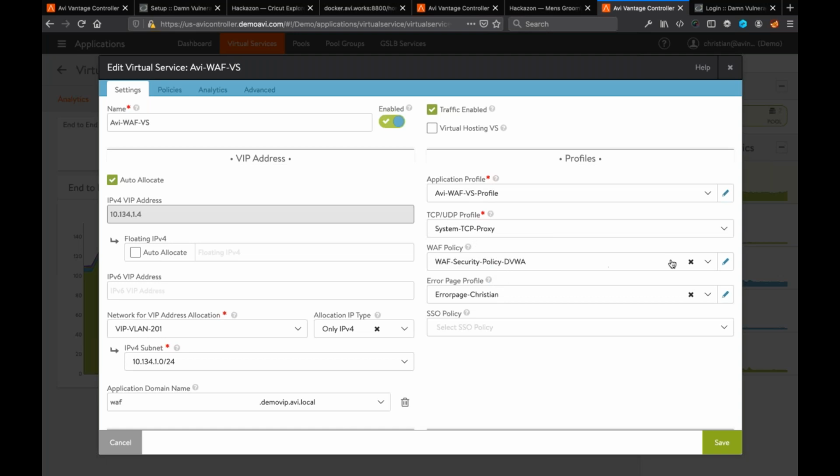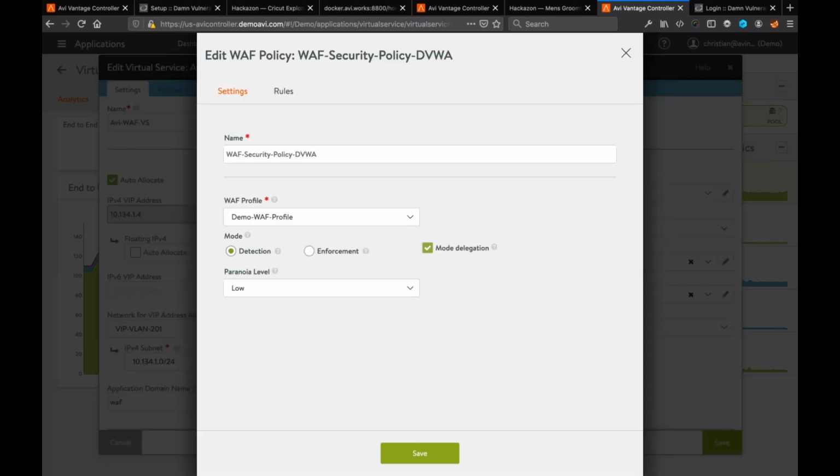And the WAF policy is the one where we have the protection enabled. So we have two things, and forgive me if I'm jumping quickly through this because it's actually not that complicated. This install here does not have learning enabled. It simply has the OWASP Top 10 protection enabled.